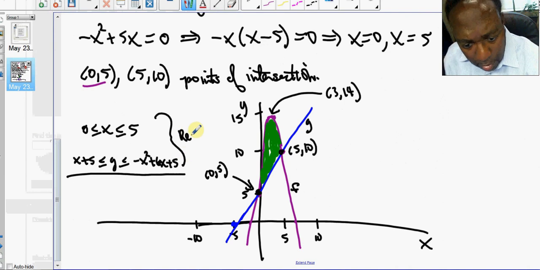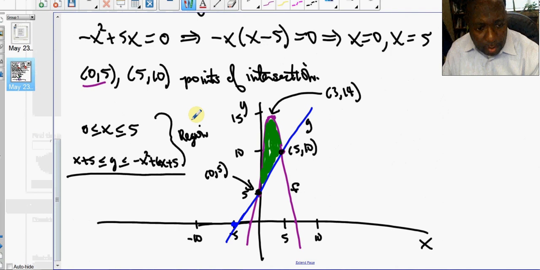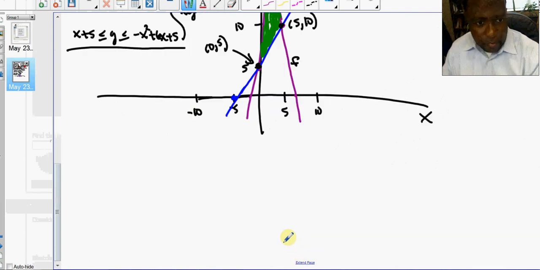Call that our so-called region. And what we want to do is to be able to graph. So x is bounded from 0 to 5. If this was like in calculus 3, you would be looking for the area,